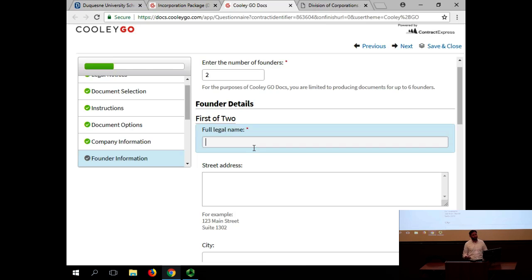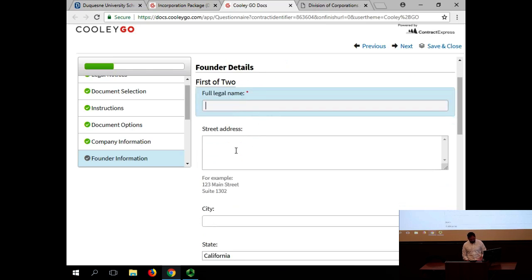Don't form a corporation like this. There's a risk of deadlock. Deadlock leads to dissolution. Dissolution leads to problems, et cetera, et cetera. But I actually don't think there's any actual evidence that that happens. So not to say it doesn't happen. There's just no proof one way or the other. So we'll have 2 founders here. And I usually just use